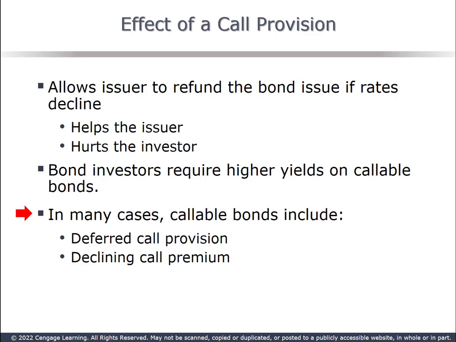Think of this in terms of refinancing your home mortgage. You would do it when the market rates decrease enough that the added expense of refinancing is worth it. The same is true for a corporation. Consider a 30-year bond issue with 25 years remaining paying a 6% coupon rate. If market rates decline to 3.5%, the firm can recall the entire issue and issue new bonds paying 3.5%.